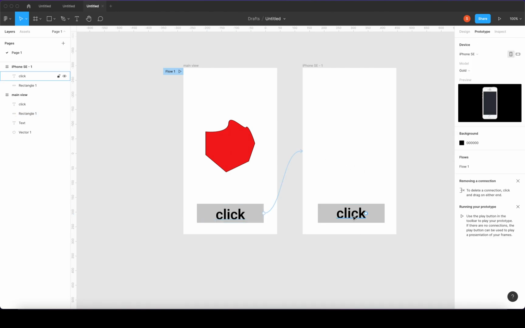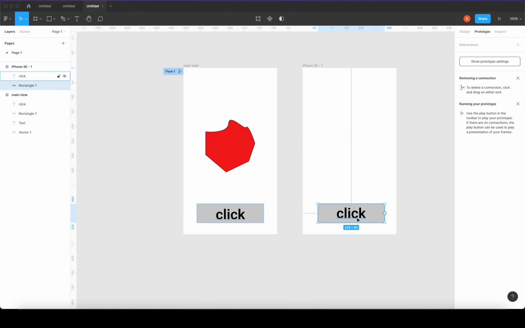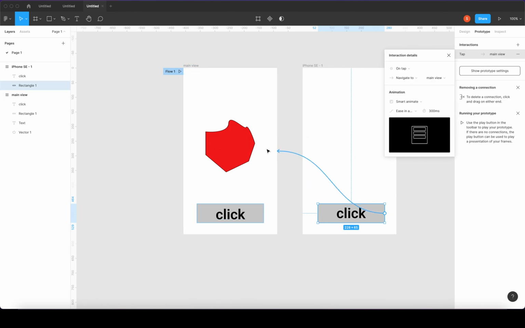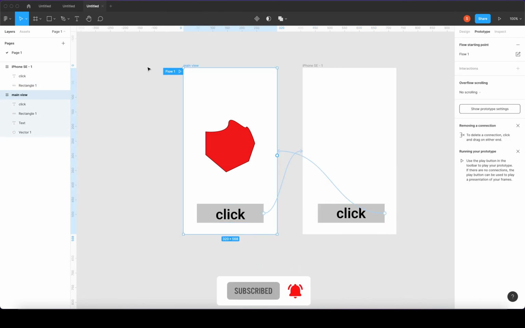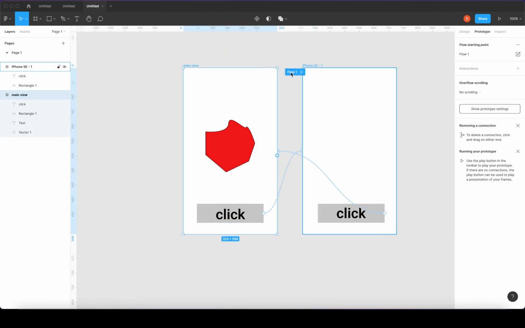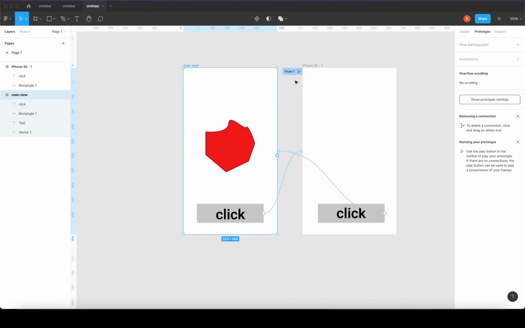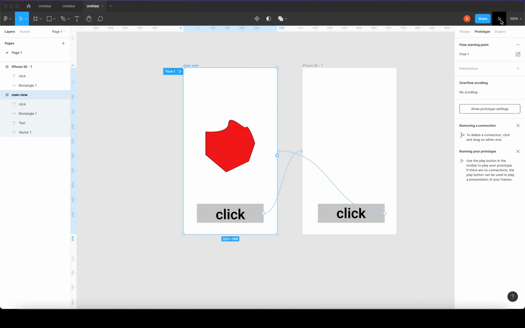So let me create another connection back to this frame, right? So over here you can even move the flow of the frame. Like flow means this will be the first one when the app is fired up, and if you move the flow, then this will be the first one when the app is fired up. So let me get back to the first frame, and now if I click play,